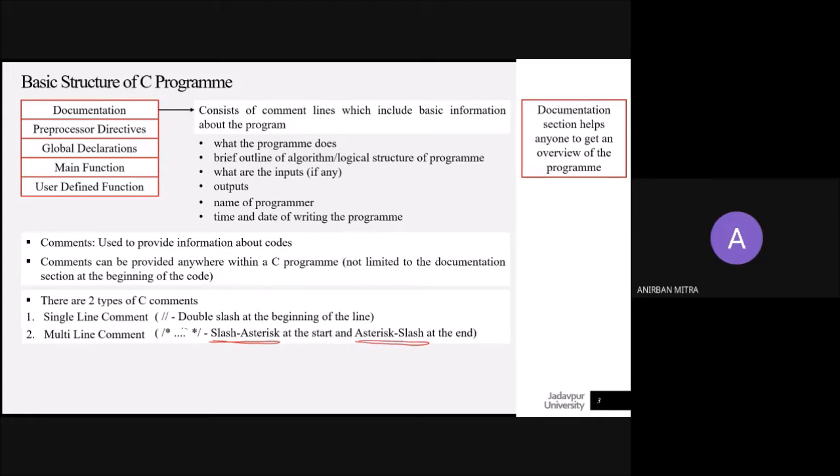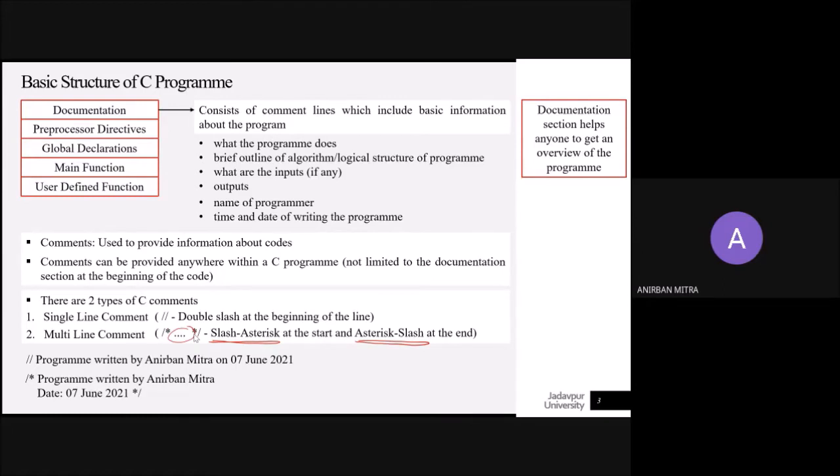Within this, the comment may be provided, and since it is a multi-line comment, it can go over multiple lines. For example, this is a single line comment: double slash followed by the line which is to be used as comment. Whereas this one is a multi-line comment.